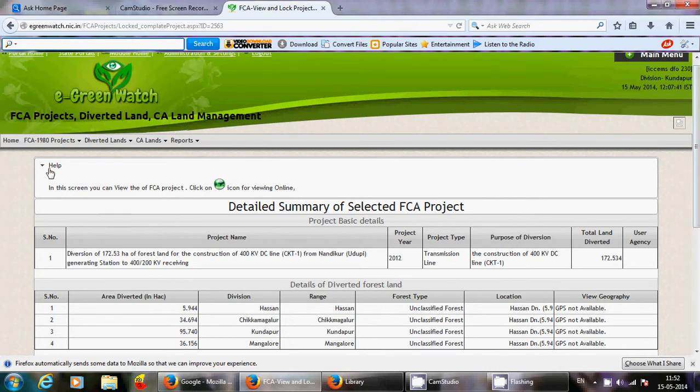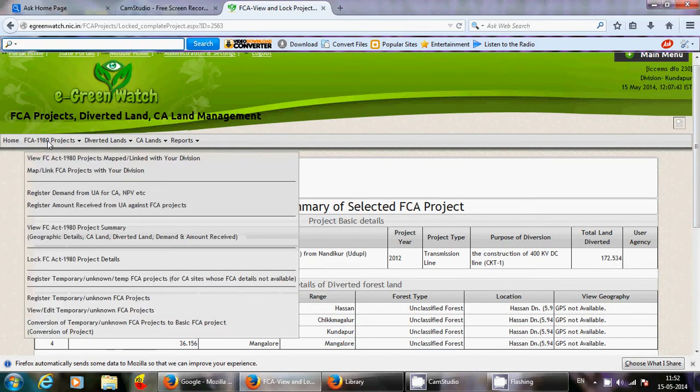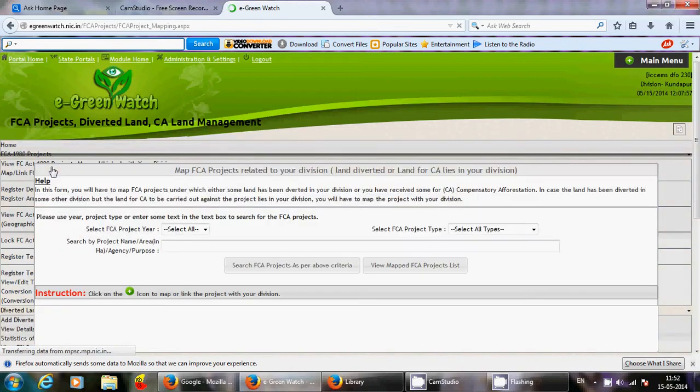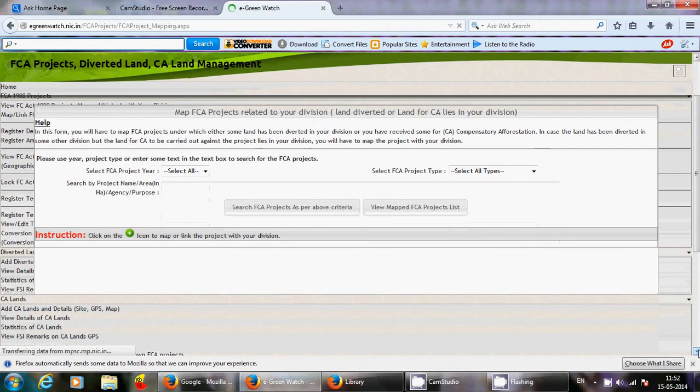Then in FCA projects, if we have to map an FCA project with a particular division, what to do? We'll have to go to the map or link FCA project with division button. Then it enlists all the FCA projects which have been registered by the admin module.